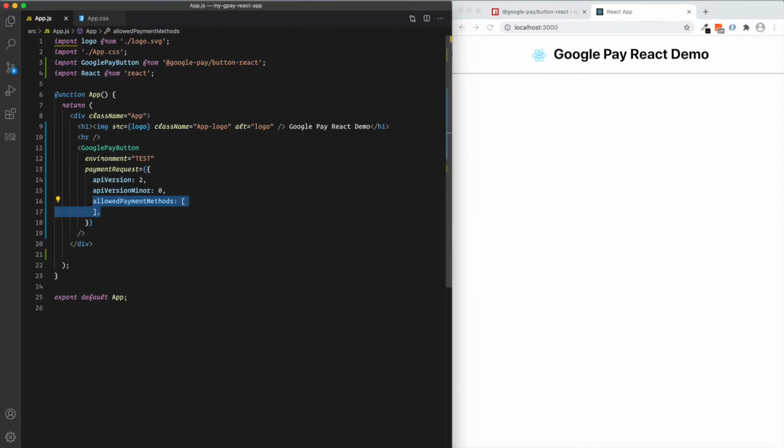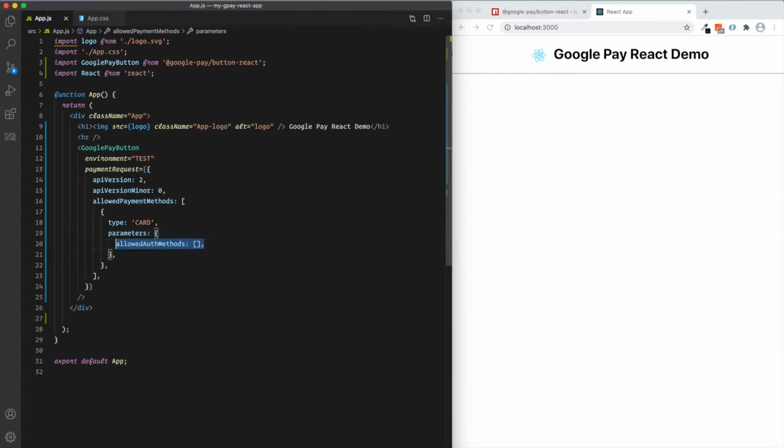Then allowed payment methods, which will be an array, and in this we will have an object which will have our payment information. The first one is type card, and then we'll pass the parameters which will be used for this payment method. In these parameters we will have the first property called allowed auth methods, authorization methods.